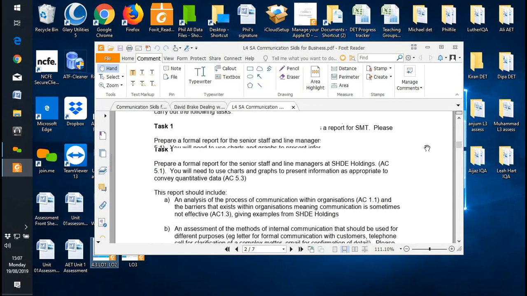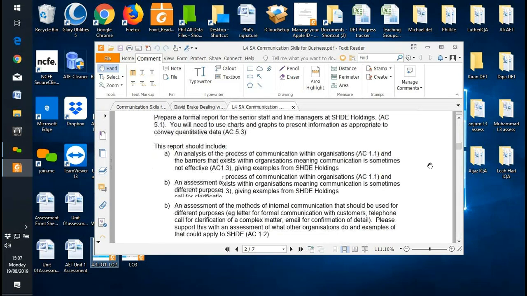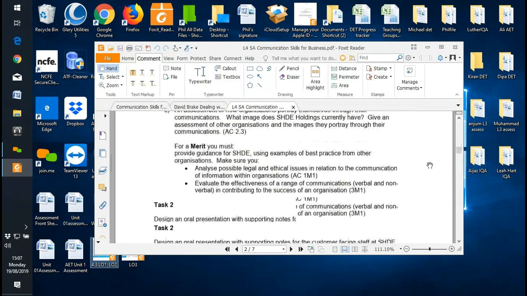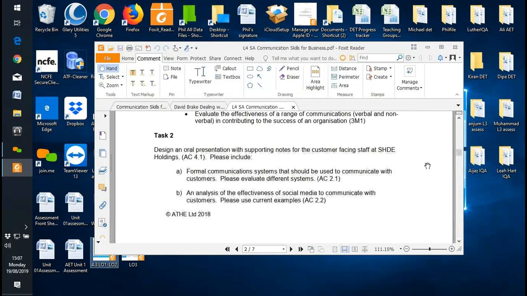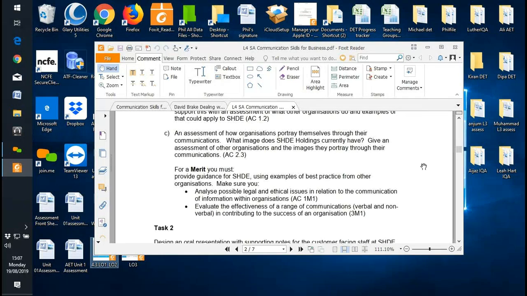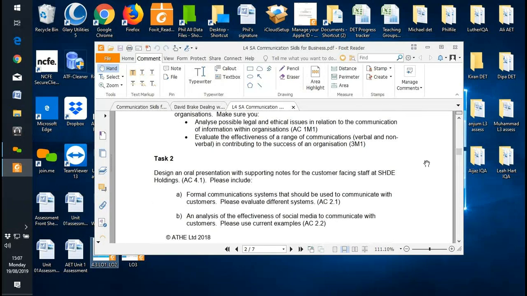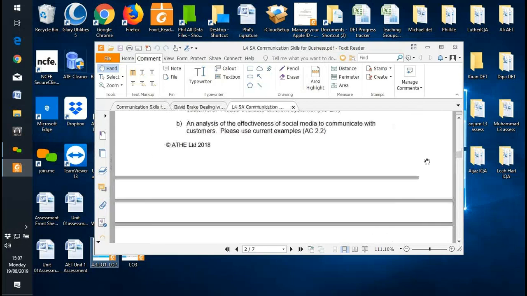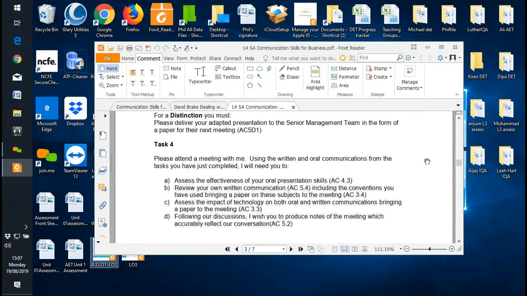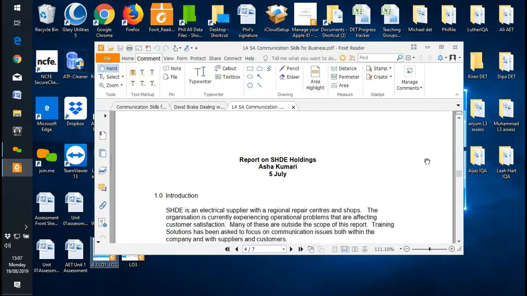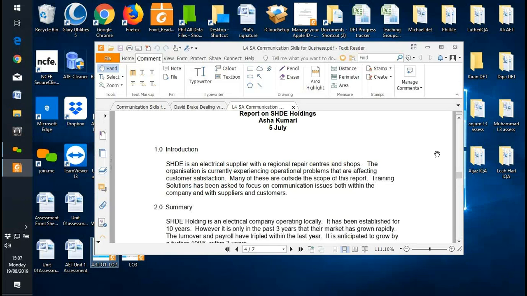We're not going to go past that at this stage because task 1 is quite important that you get under your belt. If we go down, and this information is available to you on the VLE, so don't worry about that. You'll be able to access all this. If we go through to the end of there will be,